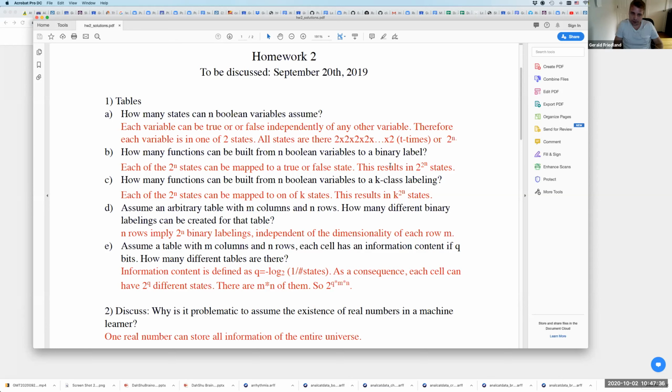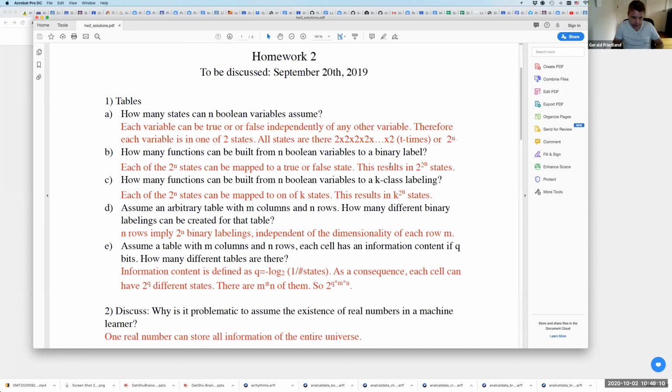Assume an arbitrary table, a table with m columns and n rows. Each cell has an information content of q bits. How many different tables are there? And you just have to do the same thing. Information content is just minus log 2 of 1 divided by the number of states. As a consequence, each cell can have 2 to the power of q different states, right? And then there are m of n of it, so it's 2 to,